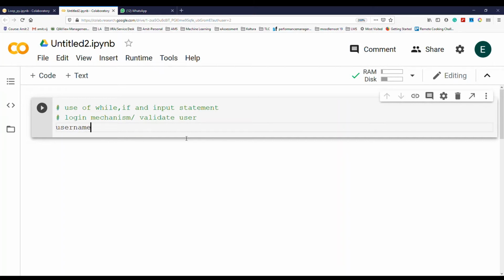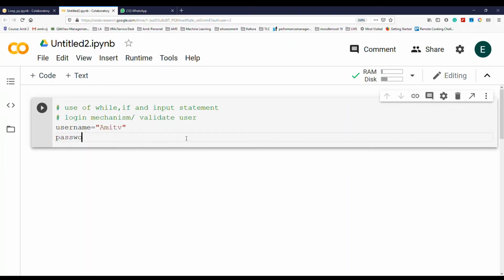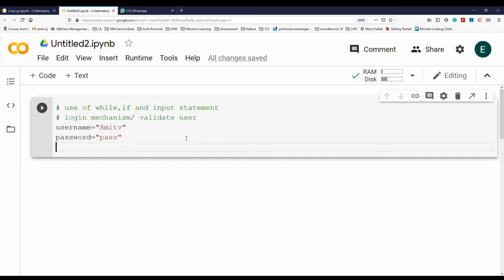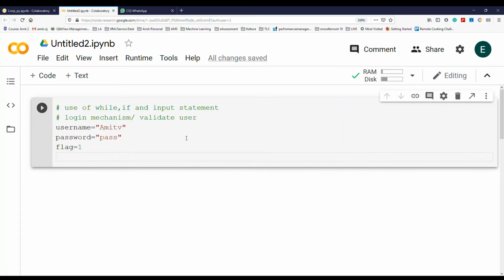our username for validate. I'm giving it Amit V and a password to validate. So let's say pass. So if user entered these two username and password, then login will be successful. So let's set a flag first. Flag will help us to validate the condition if user is meeting the condition or not. In this case,